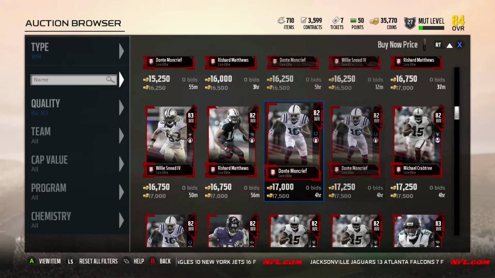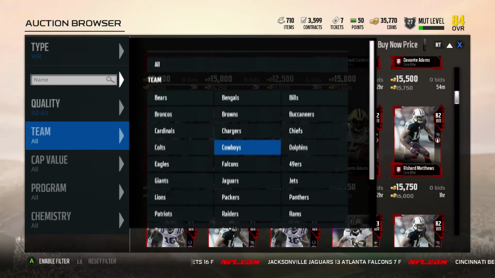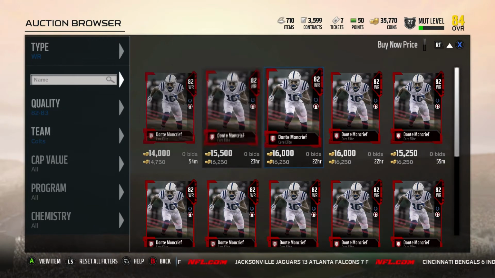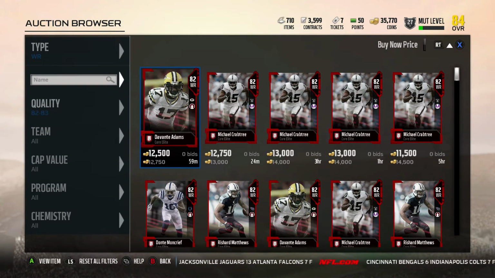They want to go for this Moncrief, Dante Moncrief, and someone's going to go through and say, okay, cheapest one up is 16K, and then you go ahead and take advantage of that because cheapest one up is 14K, which actually, second cheapest one up is 16K. It's kind of funny, but 14K is next cheapest up. And again, right now,